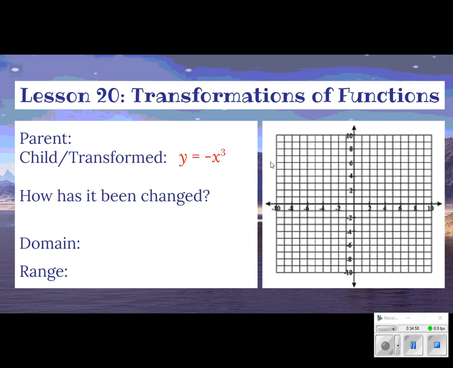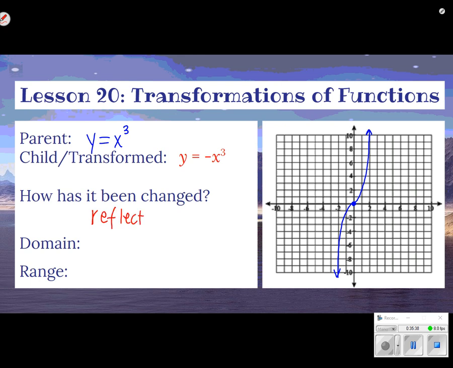Okay, so we have a transformed function with a negative in front. We can see that it is a cubic function because it's raised to the third power. So that means my equation, or my parent function, is y equals x cubed. I'm going to graph that and start at 0, 0. On the right side, it looks kind of like a quadratic. On the left side, it looks like we flipped it one upside down. So there is our cubic. And then we already know that this is